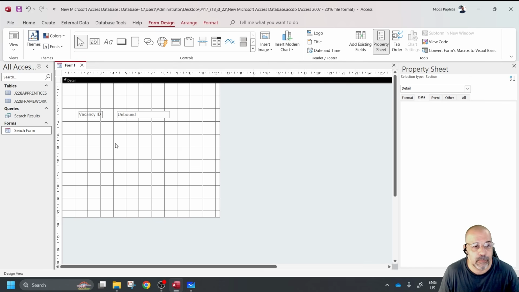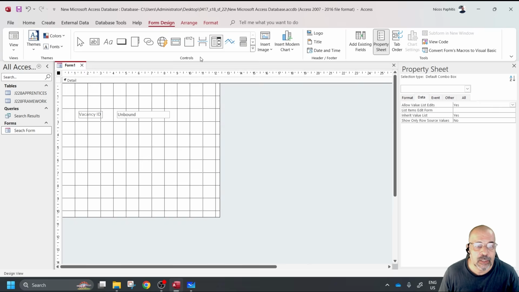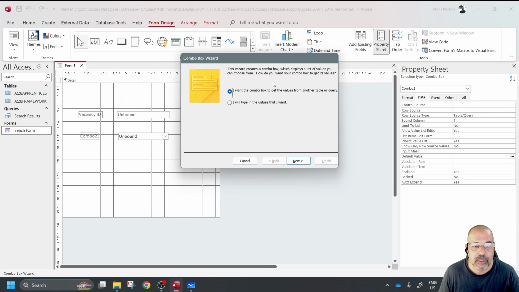So that was a combo box, and that was where I had my level. So from here, here's my combo box. Now, when you click on this and you draw a rectangle here, you should get a wizard. Here's my wizard here. Now, some people have commented in other videos that I generated on creating forms,